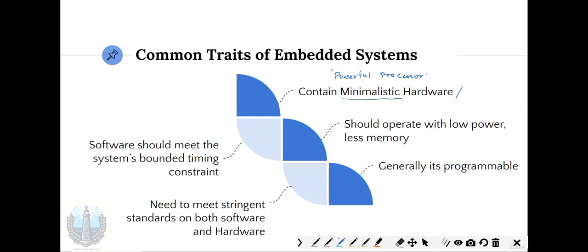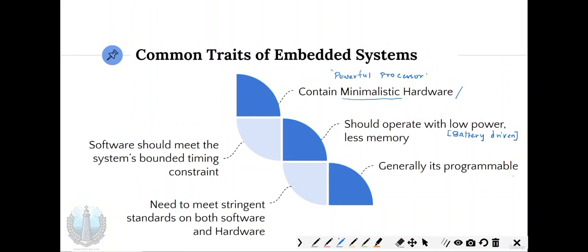Then it should operate with very little memory as well as very little power. Most of the time, as you know very well, these are battery driven devices, so we cannot think of driving them with unlimited power. So it has to operate with very minimal power, and it also has some real-time constraints. So the software should always meet the timing criteria, and it should guarantee the timing requirement,